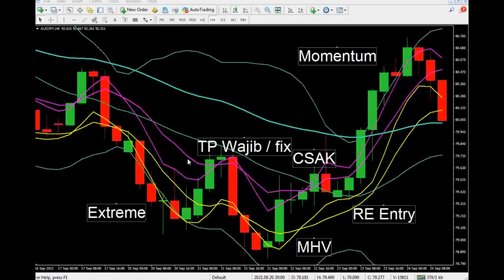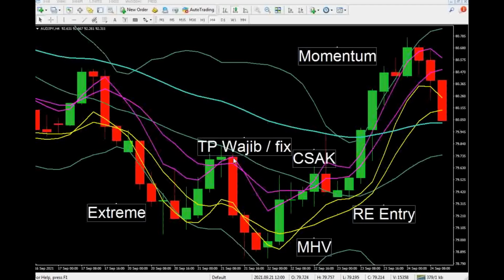So, in this video, we are talking about the basic structure. What is the basic structure of BBMA OA? The first structure is extreme. You can see here in the Australia Japan yen chart, time frame 4 hours, we see a clear structure of basic BBMA OA. Here we see the extreme,